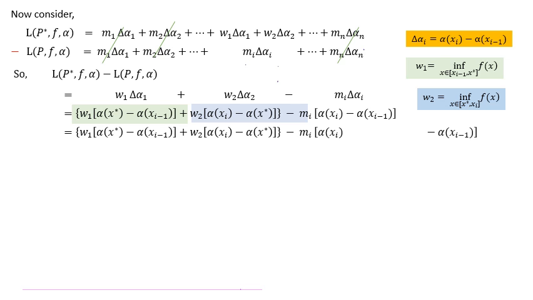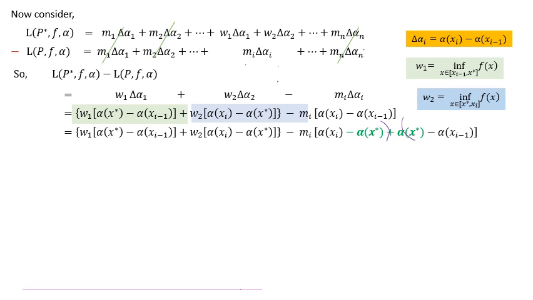And also keep the m sub I, but in the middle here, we'll insert a 0, which is going to be in the form of alpha x star plus alpha x star. So both of these obviously add to 0, so we're not changing the expression. Why am I doing this? Because now, if I were to group these